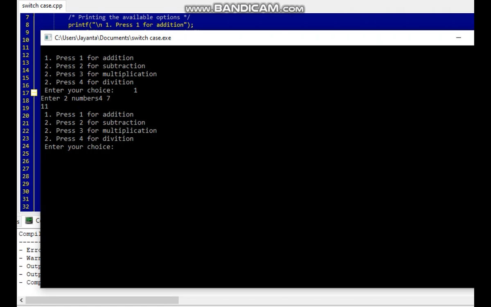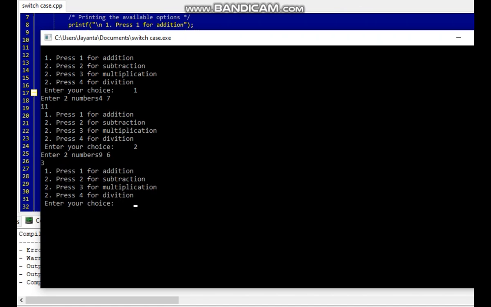For the addition, the result of the sum of 4 and 7 is 11. Now I am going to give the choice 2 for subtraction. Enter two numbers, and I am giving the numbers 9 and 6.